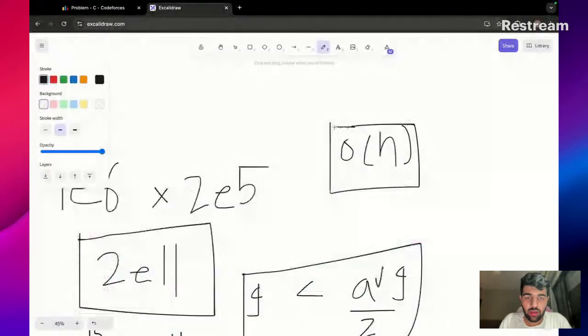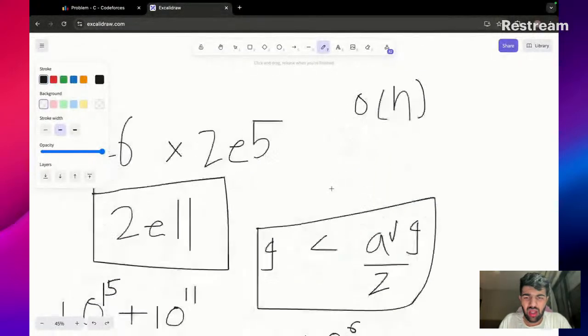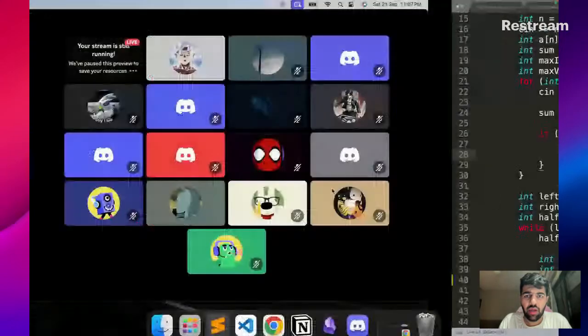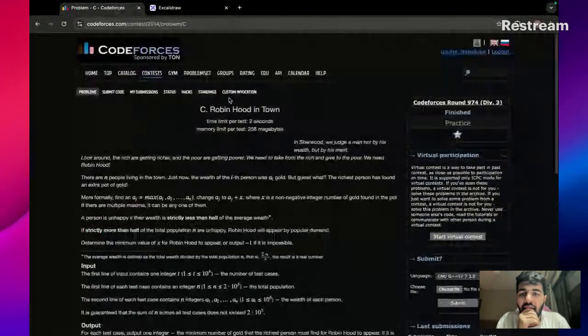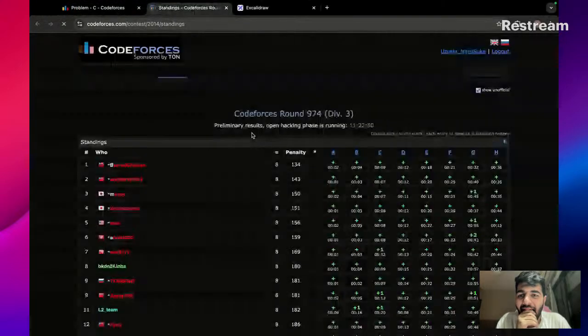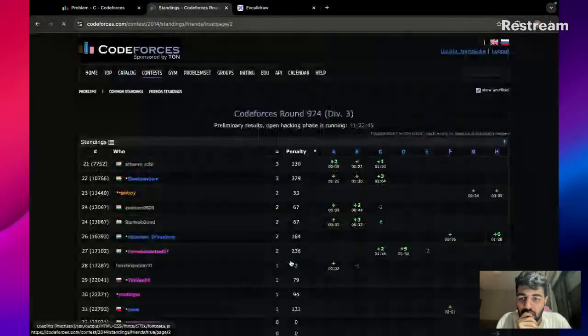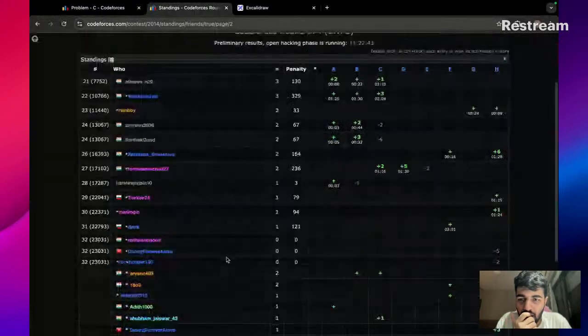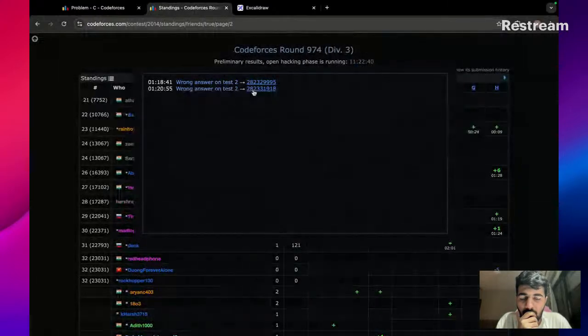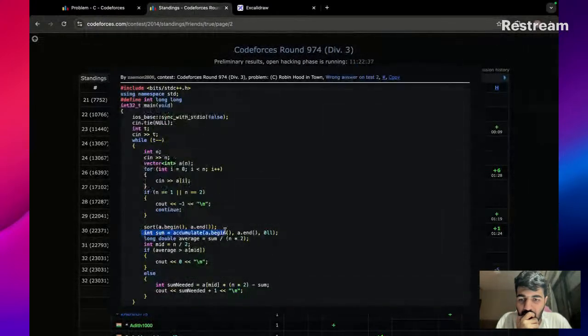Can you check my code? I am unable to execute it. Okay, sorted. You get the sum. Long double average is equal to, okay. Mid is equal to n by 2. And int sum need is equal to,